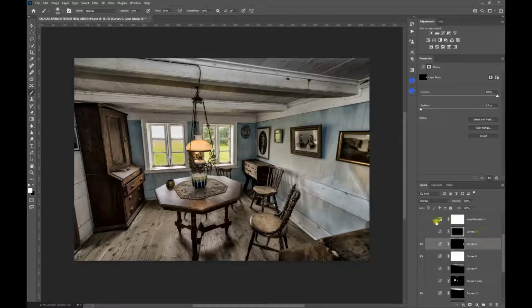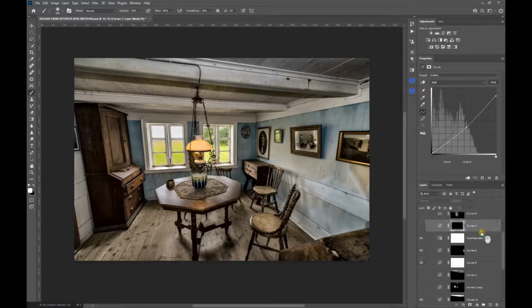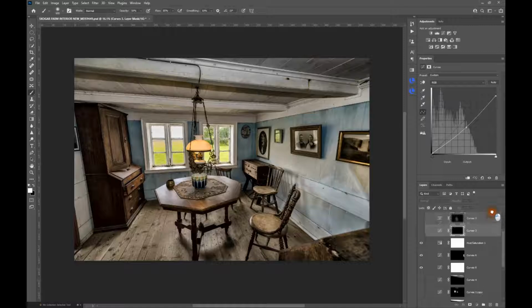And what I'm going to do now is, just looking at that, I think, well, overall the image could probably stand a little bit more saturation. I've just given that a bit of overall saturation increase just to bring back some of that colour that we've just lost a little bit by brightening it up. And again, you can go as far as you want. I think we don't want it too colourful, just colourful enough is fine. And I've made that adjustment at the end. Let's just go back up, move that right up to the top,